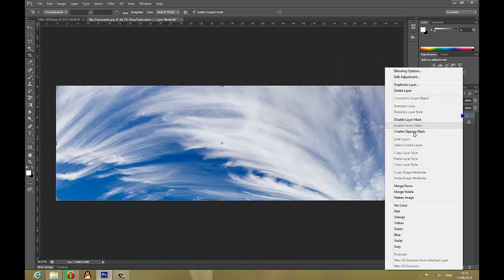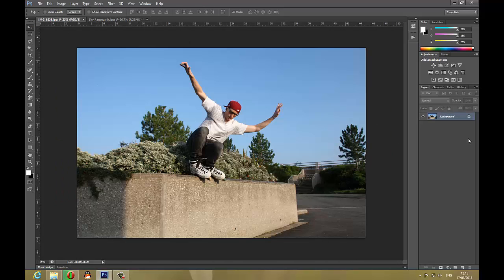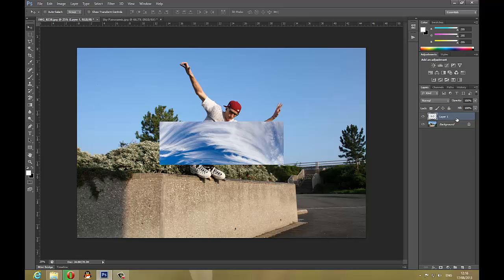Now you can either right click, merge down the layer, or merge visible, or press Ctrl E, which does exactly the same thing. So if we press Ctrl A, then press Ctrl C, it will copy that to the clipboard, and then we can go back to our original images. Now we need to put the sky image that we've just messed around with underneath this layer. But if you press Ctrl V and just try and move it now, it will not go underneath that layer,